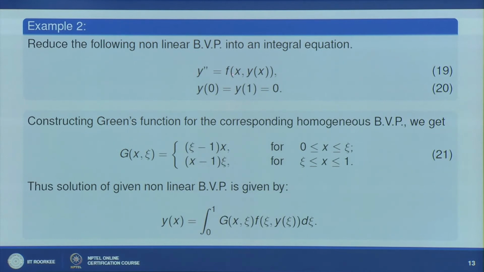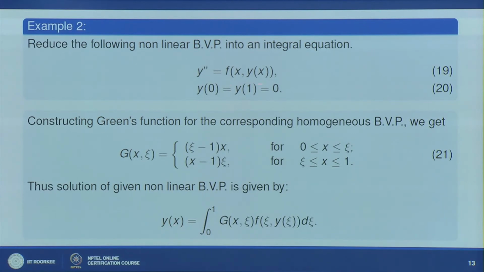Ly is y'' = f(x), y(0) = y(1) = 0. If you remember, we have already constructed a Green function for this homogeneous problem. So for y'' = 0 with boundary condition y(0) = y(1) = 0, we have G(x, ξ) equal to this, and with this we can write down y(x) = ∫₀¹ G(x, ξ)